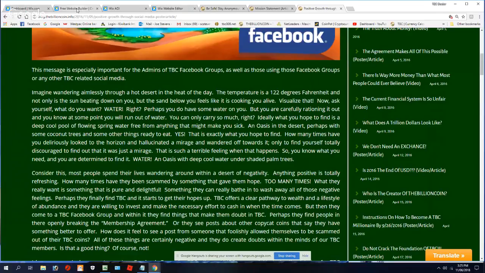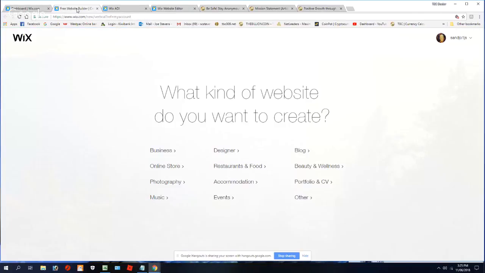And we're going to go to free build. Wix. I got here by just signing up with Wix. I've been with Wix for a while, and I like what they have. I like their format. It's nice and clean. It's easy, and I'm just going to do a quick